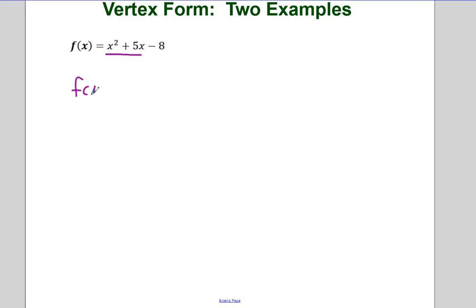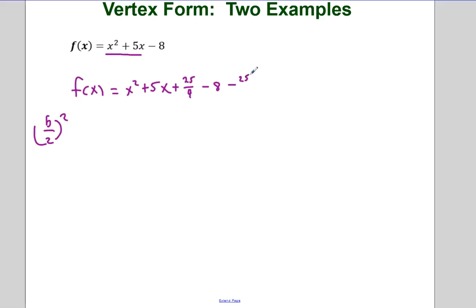So we're going to have f of x is equal to x squared plus 5x. Now to complete the square, we just take b over 2 and square it. So that's 5 over 2, which is 25 over 4. And we add that right here. Now we still have this minus 8, but I just added 25 over 4 to one side, but I didn't add it to the other side. I'm going to leave this alone, so instead of adding 25 fourths over here, I'm going to take away the